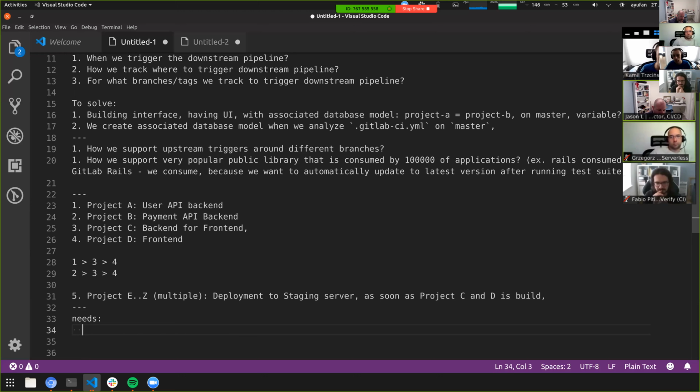The original word here was just triggered by. So we need to figure out if it's a dependency or only a trigger event, because needs implies that this is a dependency, and it also implies that you have some ability to consume variables, and maybe artifacts from this other project, that would allow you to use them in the subsequent stages or jobs of that project. It's just triggered by.